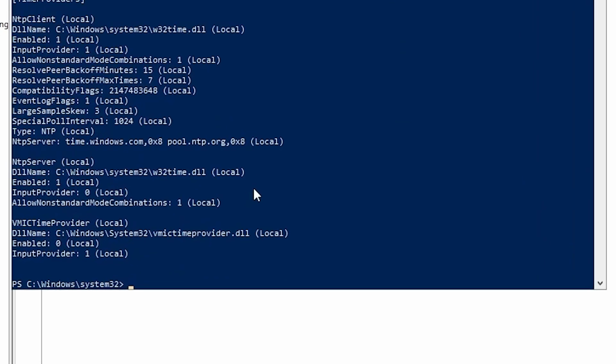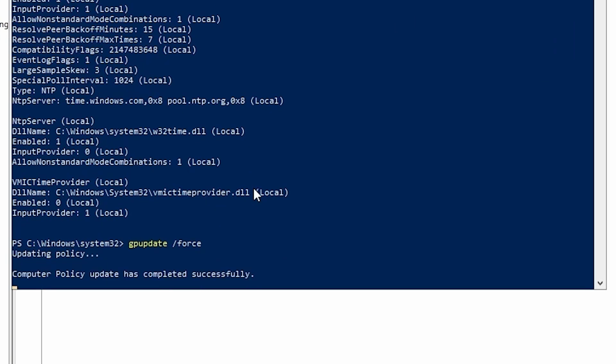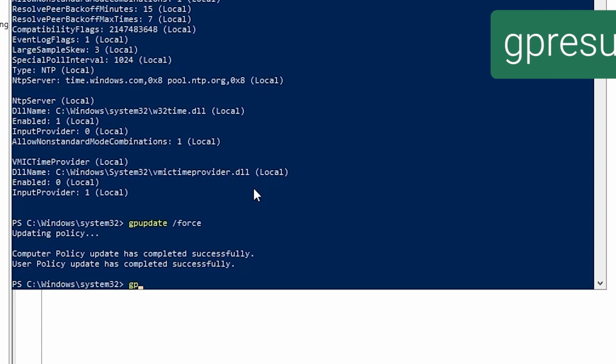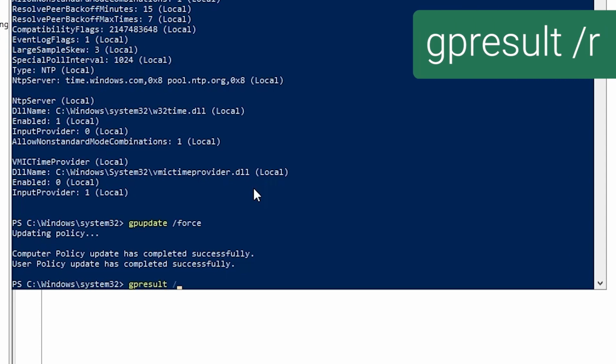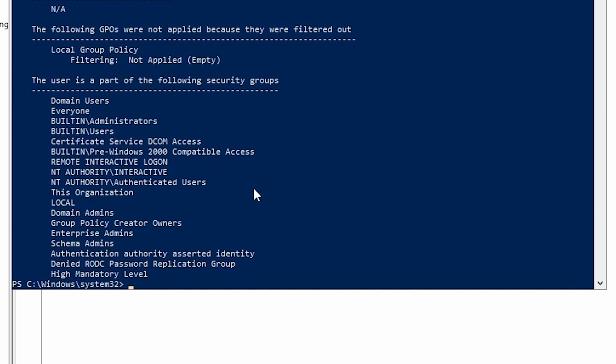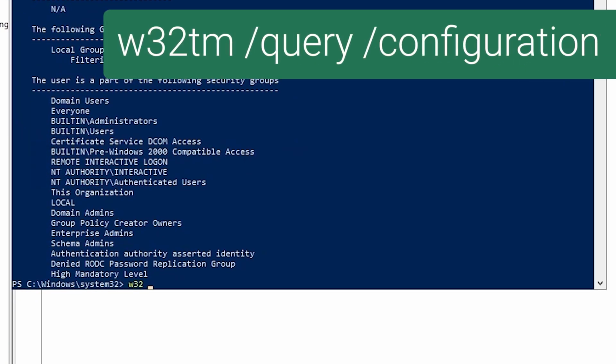So now on our PDC emulator, we need to run gpupdate /force to refresh group policy. When that is completed, we can confirm that the GPO is being applied by running gpresult /r. Scrolling up to the computer settings section, and under Applied Group Policy Objects, we see Configure Time on PDC Emulator. That confirms that the GPO is being applied, and now we'll confirm that its settings are being applied by once again running